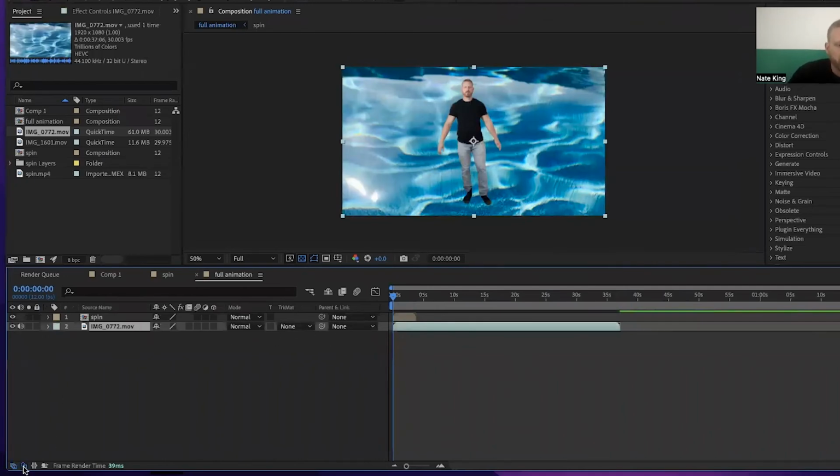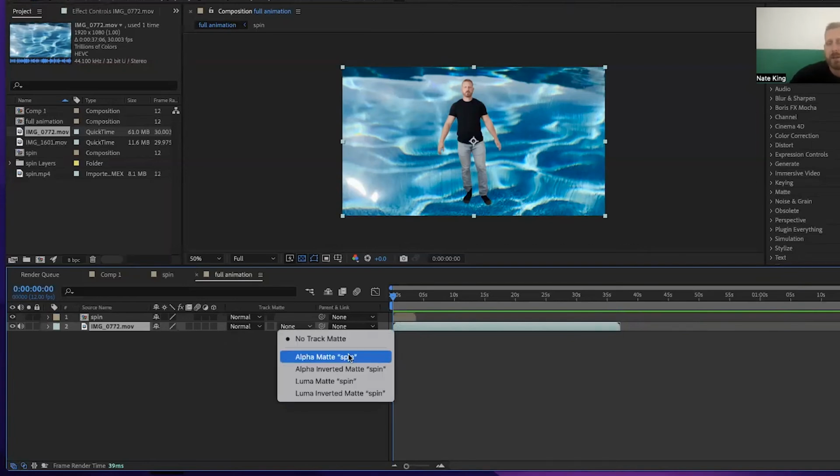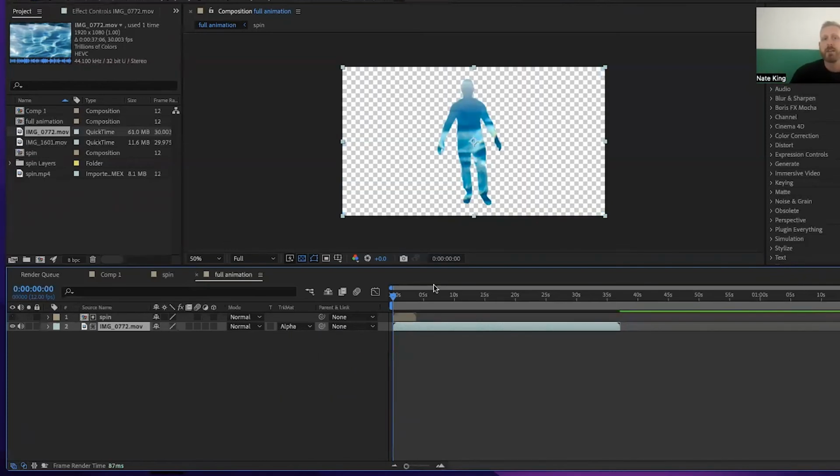And if I come over here, I have track mattes available. And this little button down here in this lower left-hand corner, if you don't have track mattes available, you can click on that and it will open it up. So I'm going to take the video footage that I want to fill my body with and change this from none to alpha matte. And so we remember an alpha is taking the shape of our object and treating it as a matte. So alpha matte now,